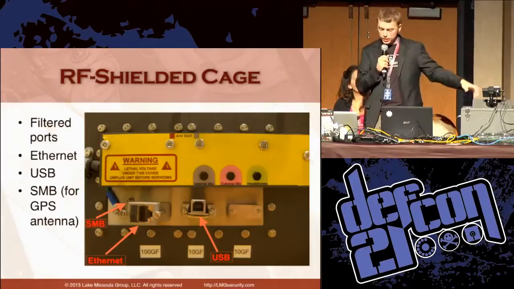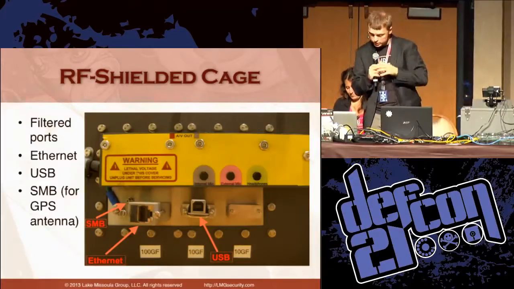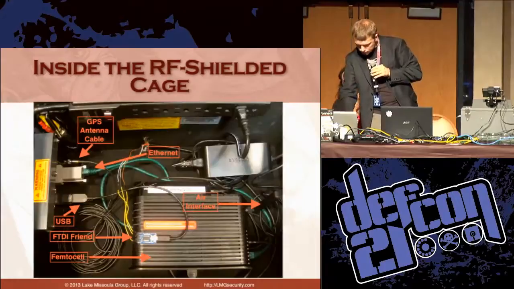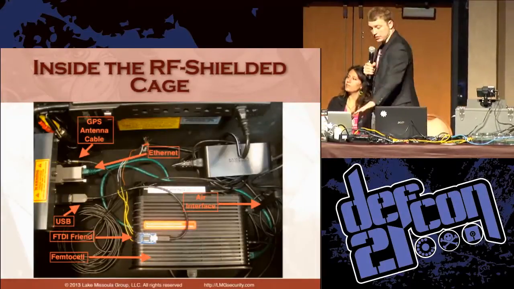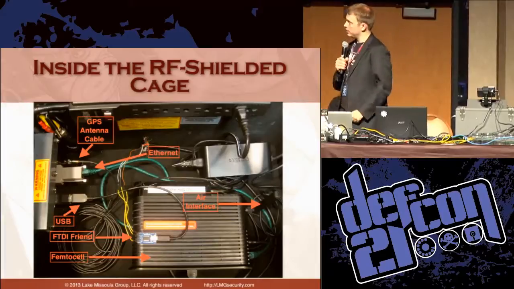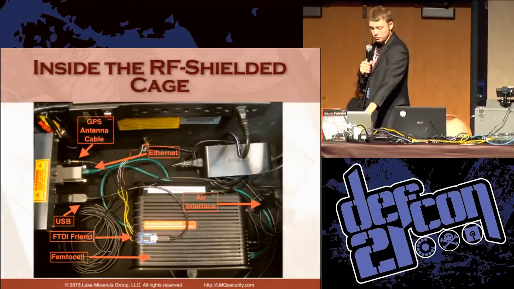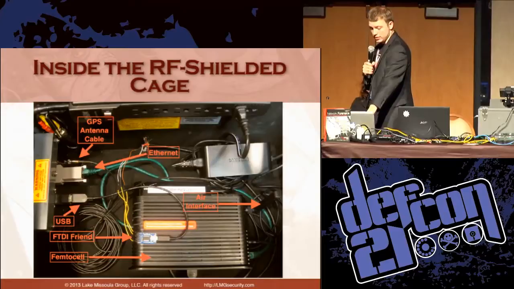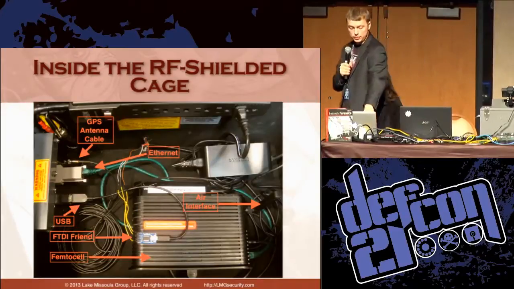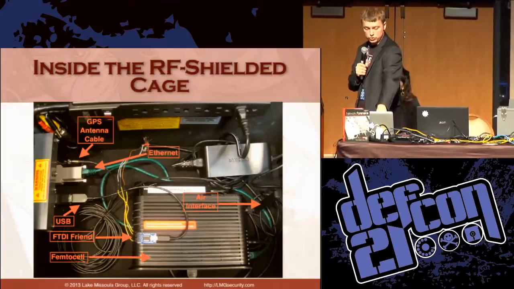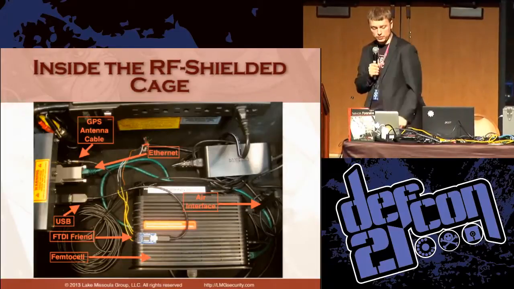So we had to run a GPS signal inside the cage. Let's see, what's our setup look like inside of here? This is the exact other side of those ports. We've got that GPS antenna, the Ethernet cable, and the USB cable running to the FTDI